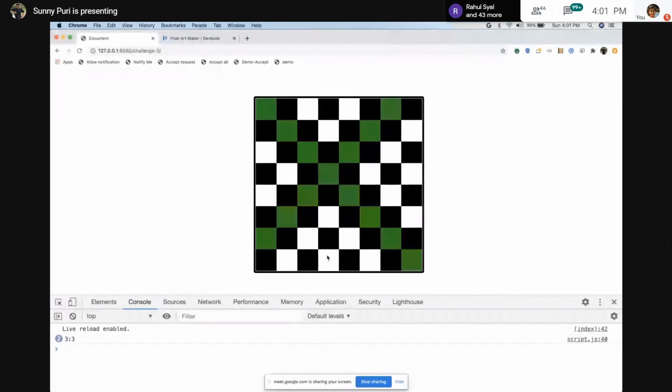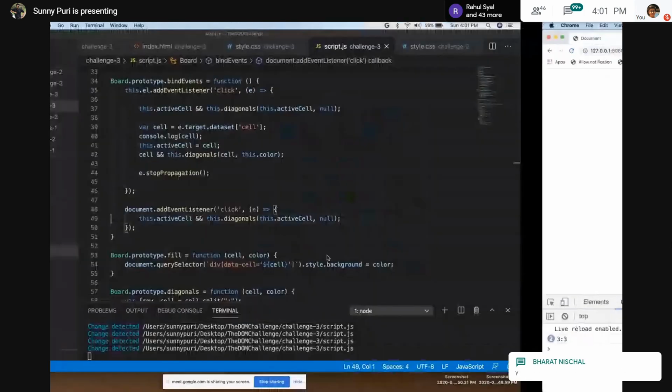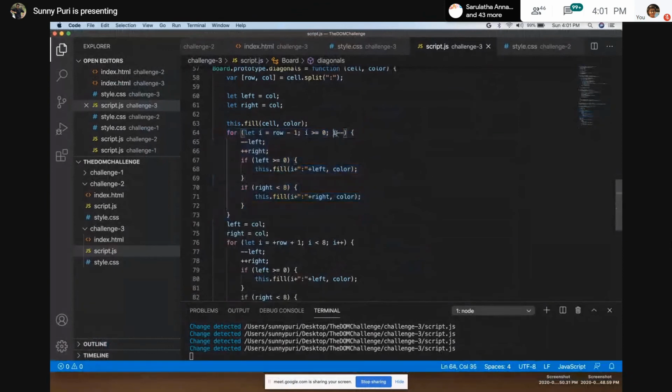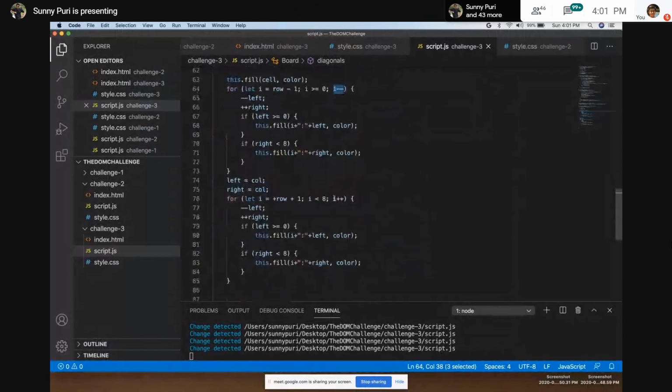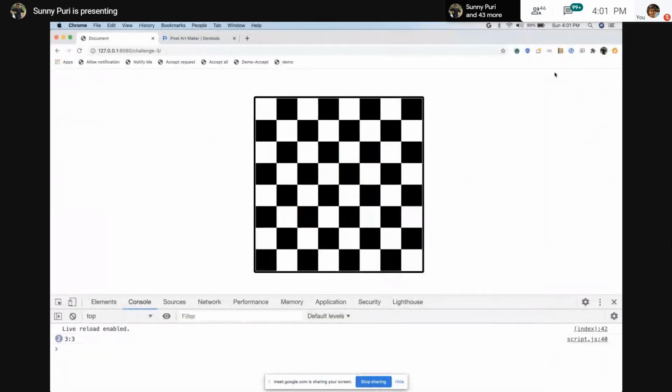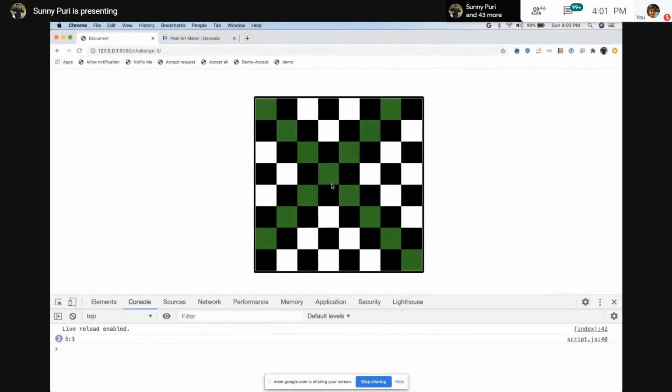This is fine. If you observe the diagonal part, one loop is decreasing the row and another loop is increasing the row. Why are we doing like this? One loop is going upward and one loop is going downward.